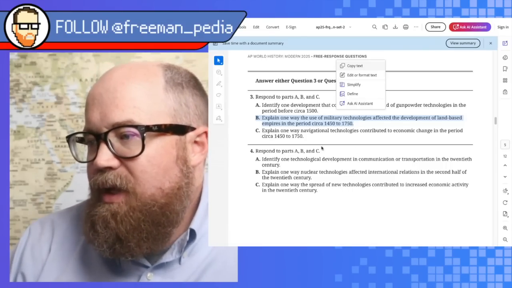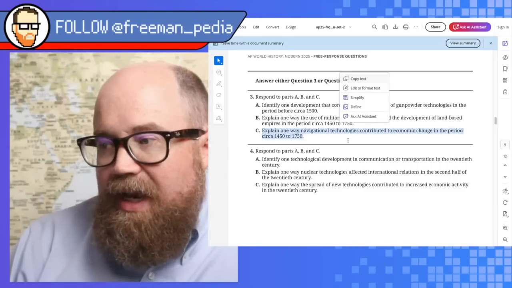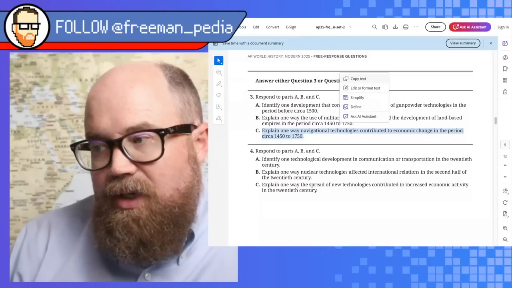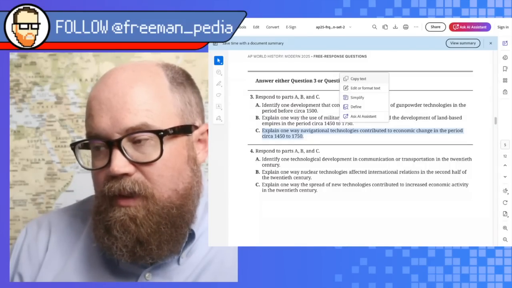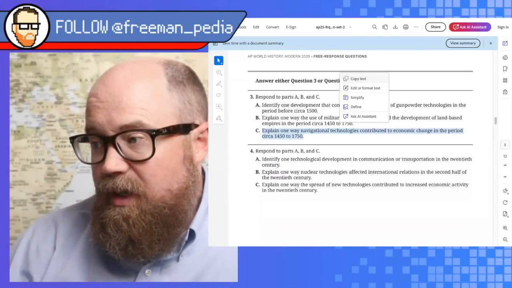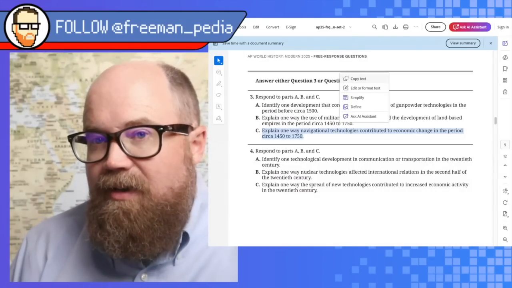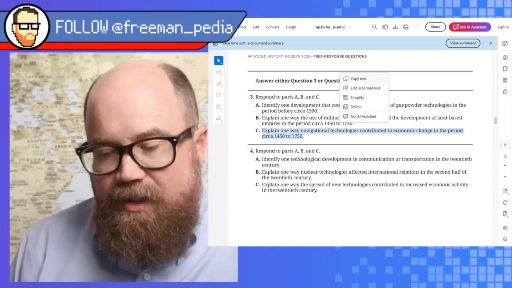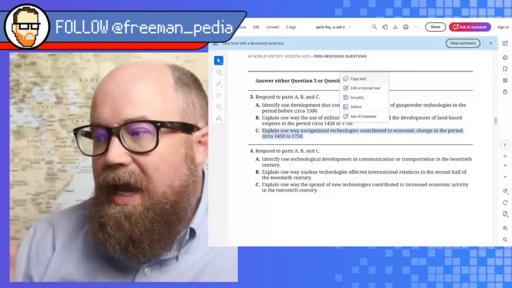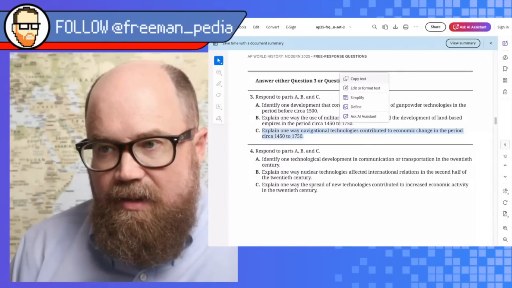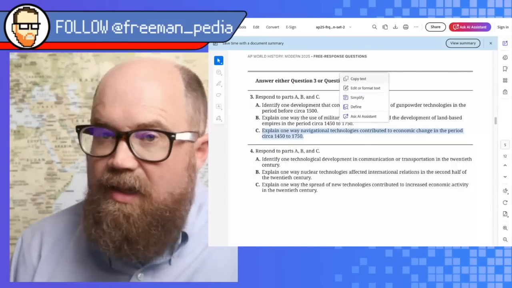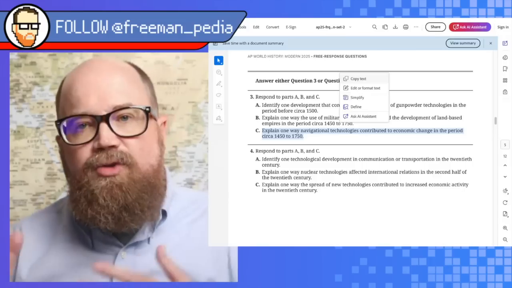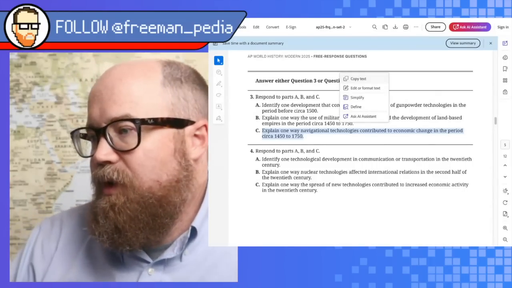So any of that. And explain one way naval technologies contributed to economic change in this period. I mean, 1450 to 1750. Notice they're not talking about the land-based empires or gunpowder or whatever you want to call it. Here, they're just talking about in any way. So how did astrolabes, compasses, and star charts and knowledge of the oceans and the stars lead to economic change? Anything. Atlantic system, anything in the New World, anything into India from the Europeans, or anything of the Europeans arriving anywhere is that one. So that's that one.